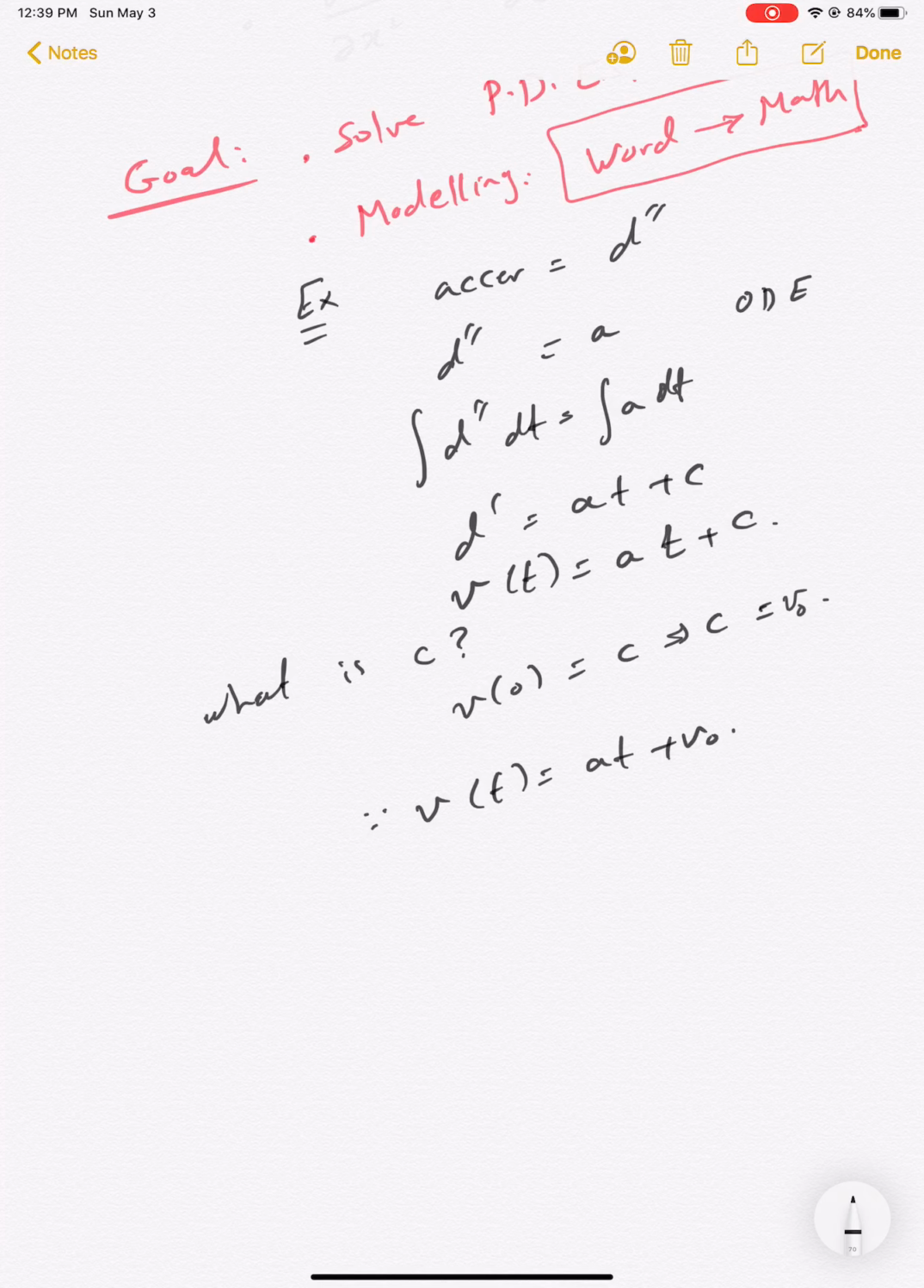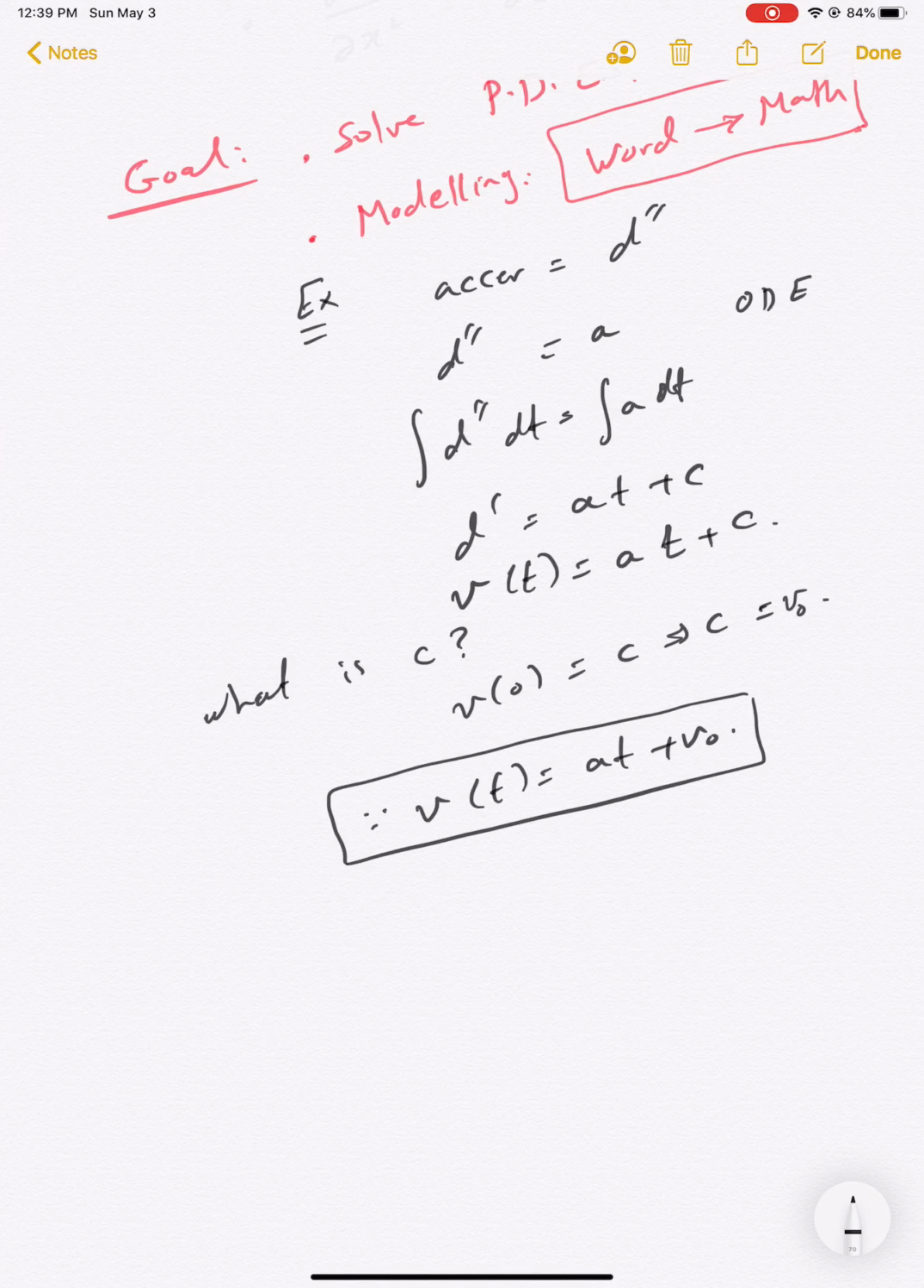So knowing that the acceleration is the second derivative of the position leads to this important law of motion. The velocity at any time can be found once you know the acceleration and the initial velocity. So this is like the simplest modeling problem we can present. Now on a higher scale, every quantity that's changing can be modeled somehow using